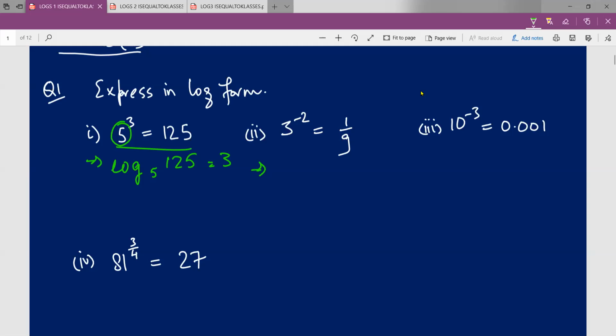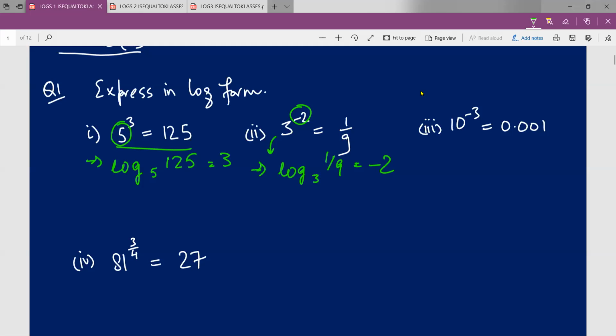Okay. Moving on to the next part, 3 raised to the power minus 2 is equal to 1 upon 9. As I have emphasized earlier, these problems are in exponential form, so I have to convert them into log form. By converting them, I can write the second subpart as log of 1 upon 9 to the base 3. The 3 should be written in subscript form, is equal to the exponential power, that is minus 2. So again, I'll not pronounce it like this, log 3, 1 upon 9 is equal to minus 2. No, that is the wrong method. I can pronounce this as log of 1 upon 9 to the base 3 is equal to minus 2.